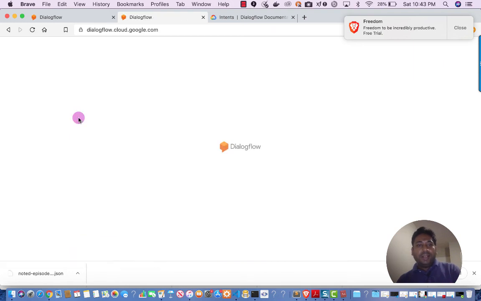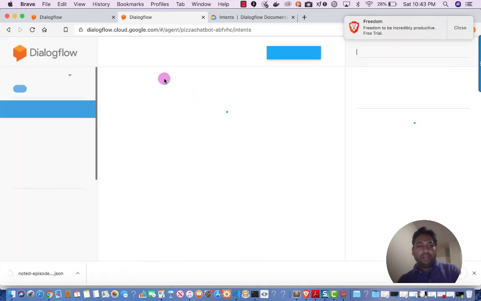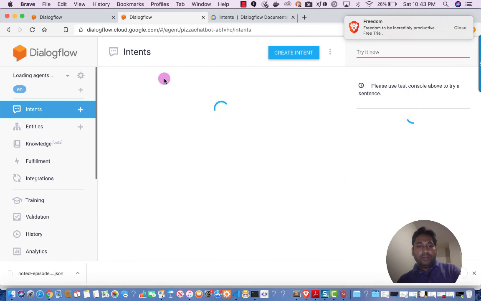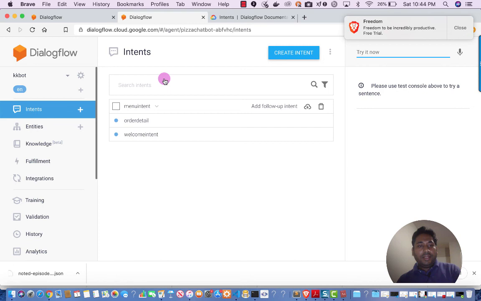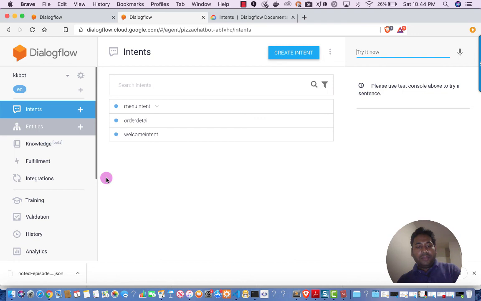Basically, whenever we talk about chatbot systems, they will have common things like intent, entity, context and others. In Dialogflow, we have intents, entities, knowledge, fulfillment, and then various integrations, training, and validations. There are various options which we'll be talking about.